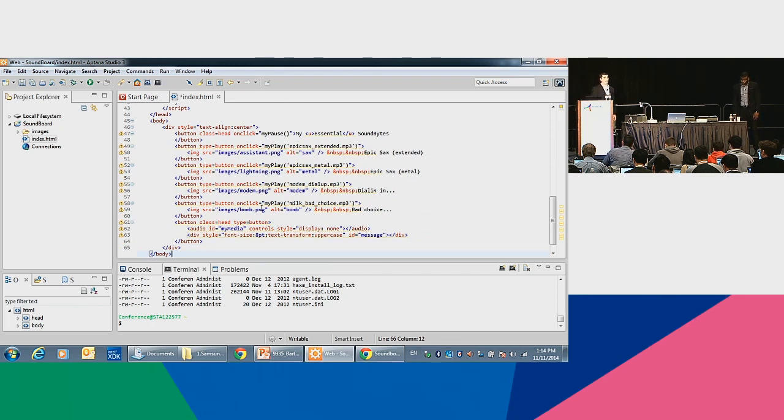We attach these to HTML elements by on-click events. Very simple. This was the standard way to do it back in the old days. Now we can do on all kinds of events, right? But this is again trying to be very simple. So you click the first button,